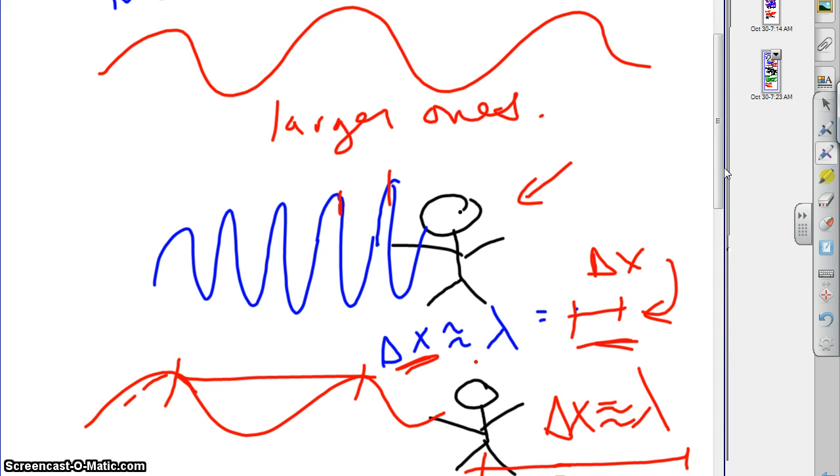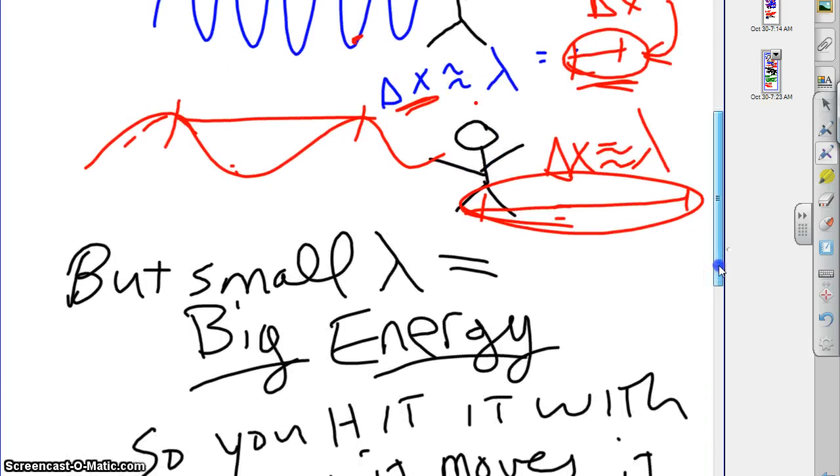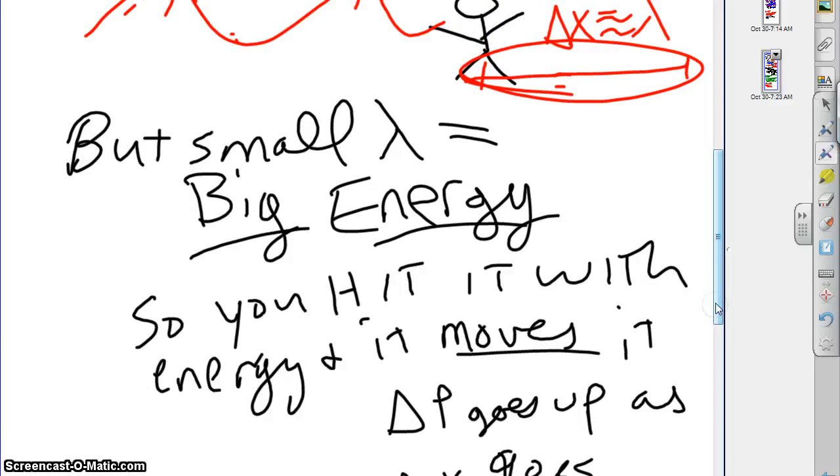So I know where this guy is. If I use this kind of light, I know where he is to within that degree of certainty. Whereas if I use this light, I'll know it to within that degree of certainty. And so you can get more precision or lower uncertainty out of high frequency light than you can out of lower frequency light. But if we recall, low wavelength, high frequency means big energy. And that matters, because if you hit something like an electron with a big amount of energy, you move it,